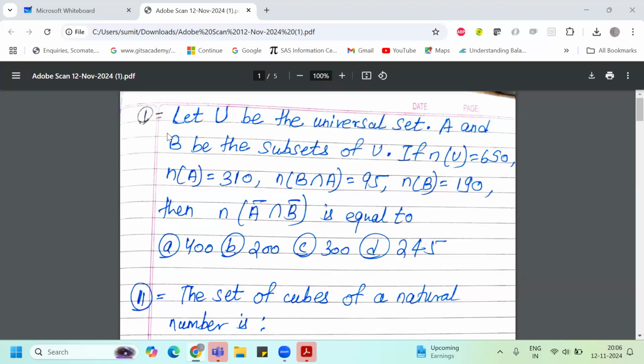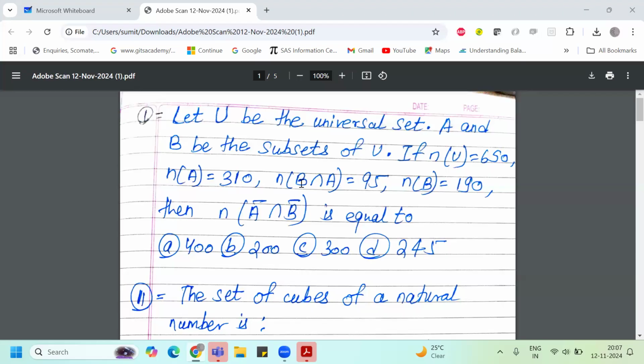So the question number one is like this: let U be the universal set and A and B be subsets of U. If the number of elements of the universal set is 650, the number of elements of A is 310, and the number of elements of A intersection B